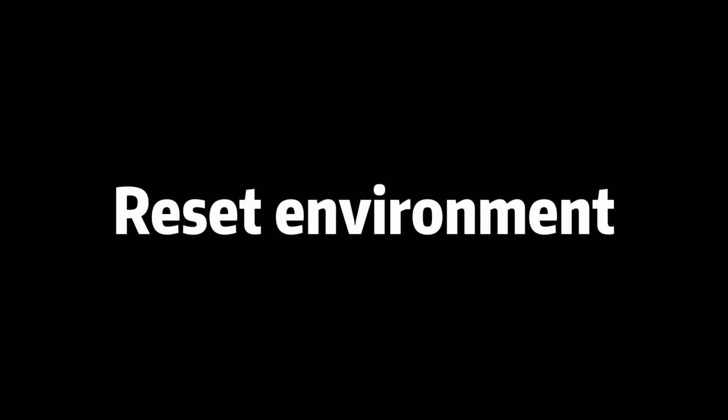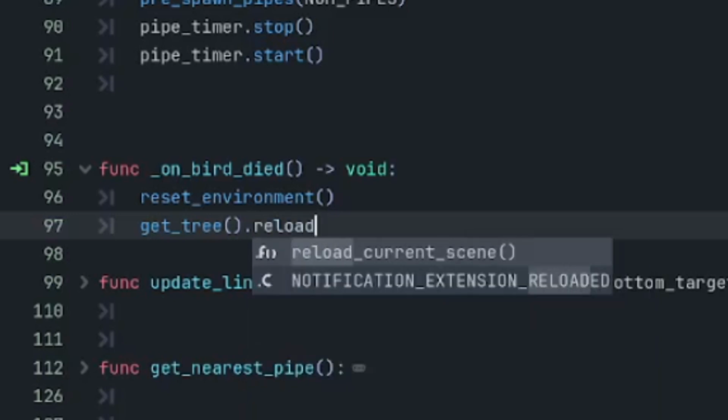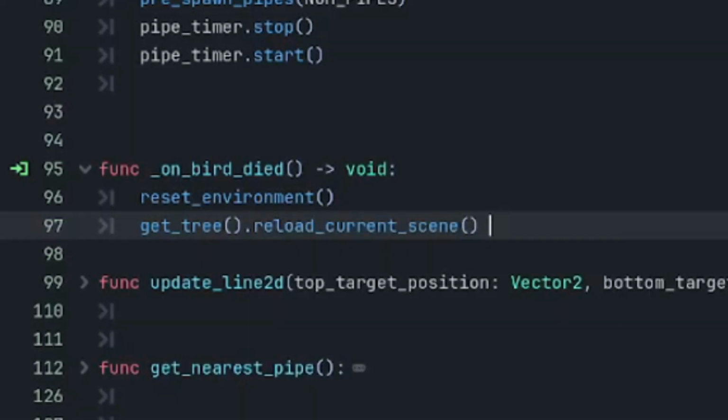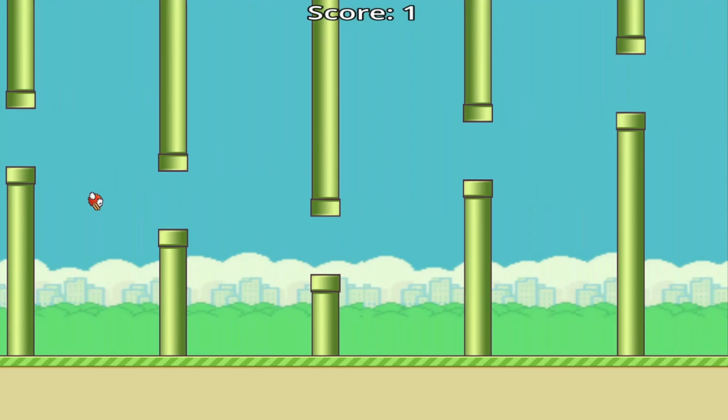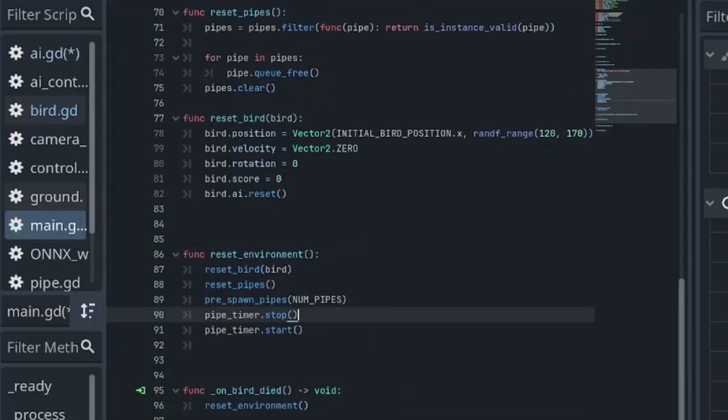Alright, now reset environment, or in simple words, reset the game. Usually, when you want to restart your game, you call get_tree().reload_current_scene(). But I have bad news. This line of code will break your training process. So don't do this. What you need to do instead is manually reset everything. But how to reset really depends on your game. For example, in this Flappy Bird, we need to manually reset the pipes, the bird position, the bird rotation, the bird velocity, and the score. So many things. If you just want to see the code, here is the code. If you want to understand, simply stop this. But if you really want me to explain,